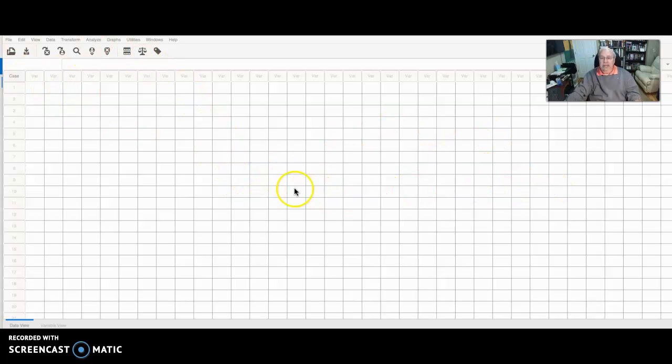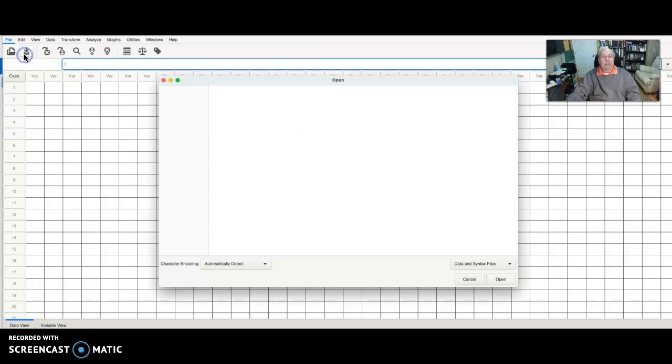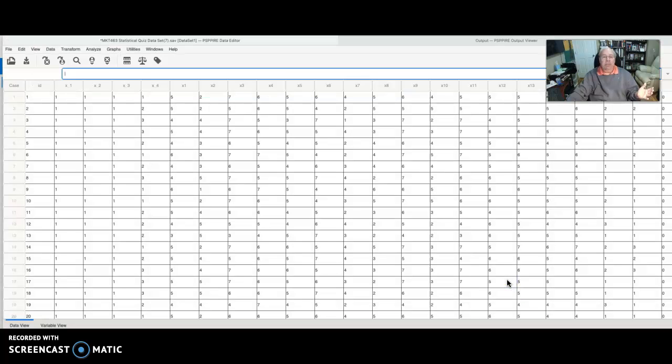Now this is the main screen in the PSPP program that I've downloaded, that you probably downloaded. So the first thing I'm going to do is go to my file, and I'm not going to import the data like that. I'm going to open the file, and I'm going to open one of these Marketing 463 statistical quiz data sheets. Notice the save extension .save, and this is found in Learning Activities in week 2. I'm going to open it. And what I see in the data view down here is all of the data